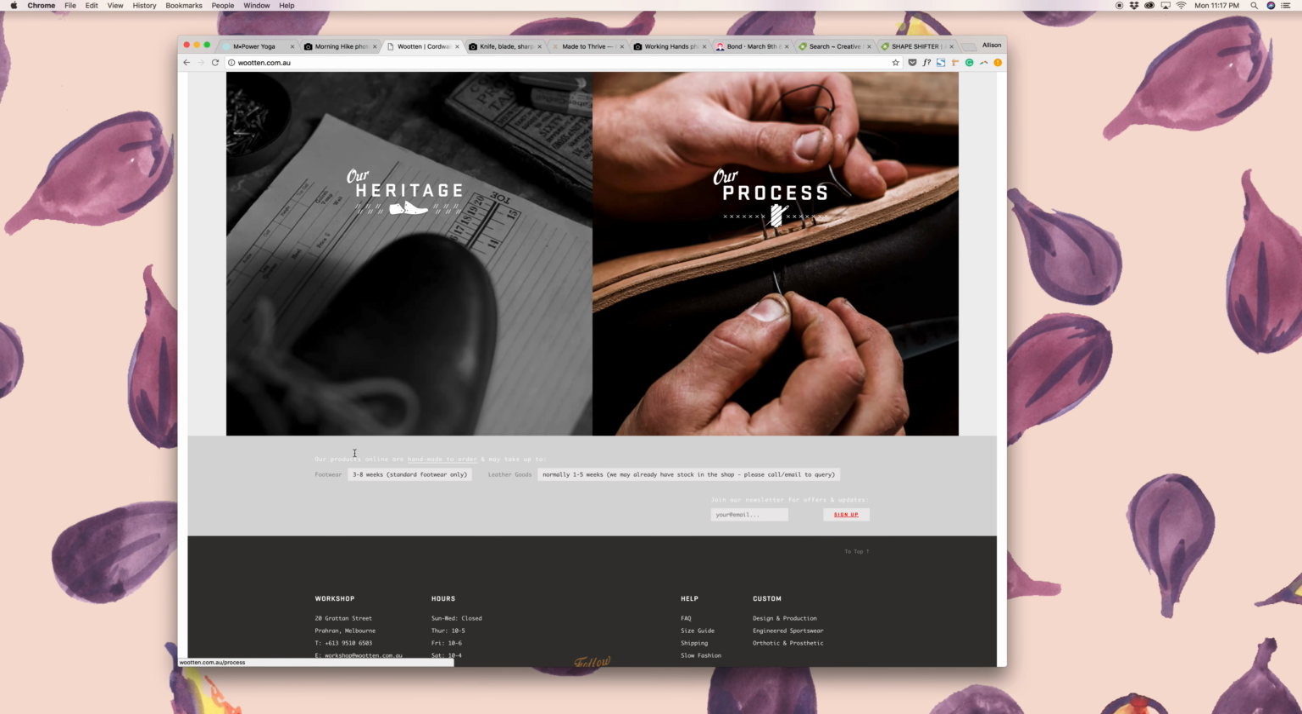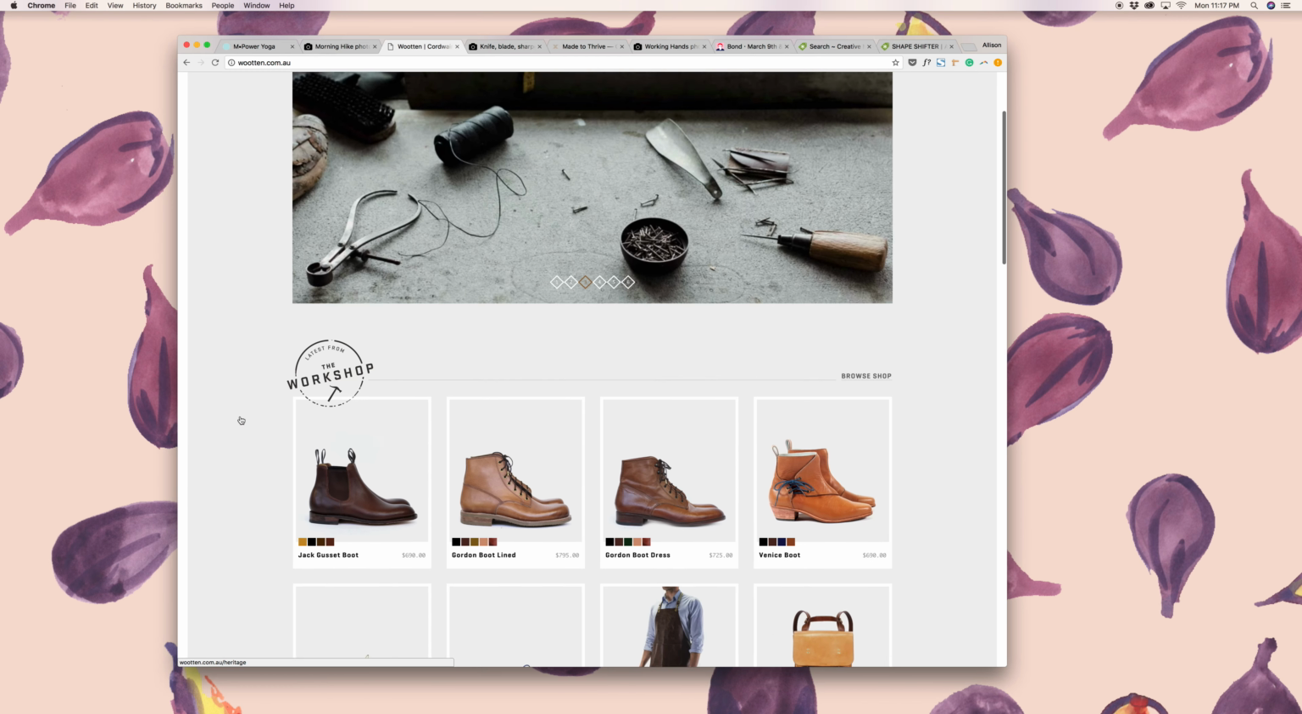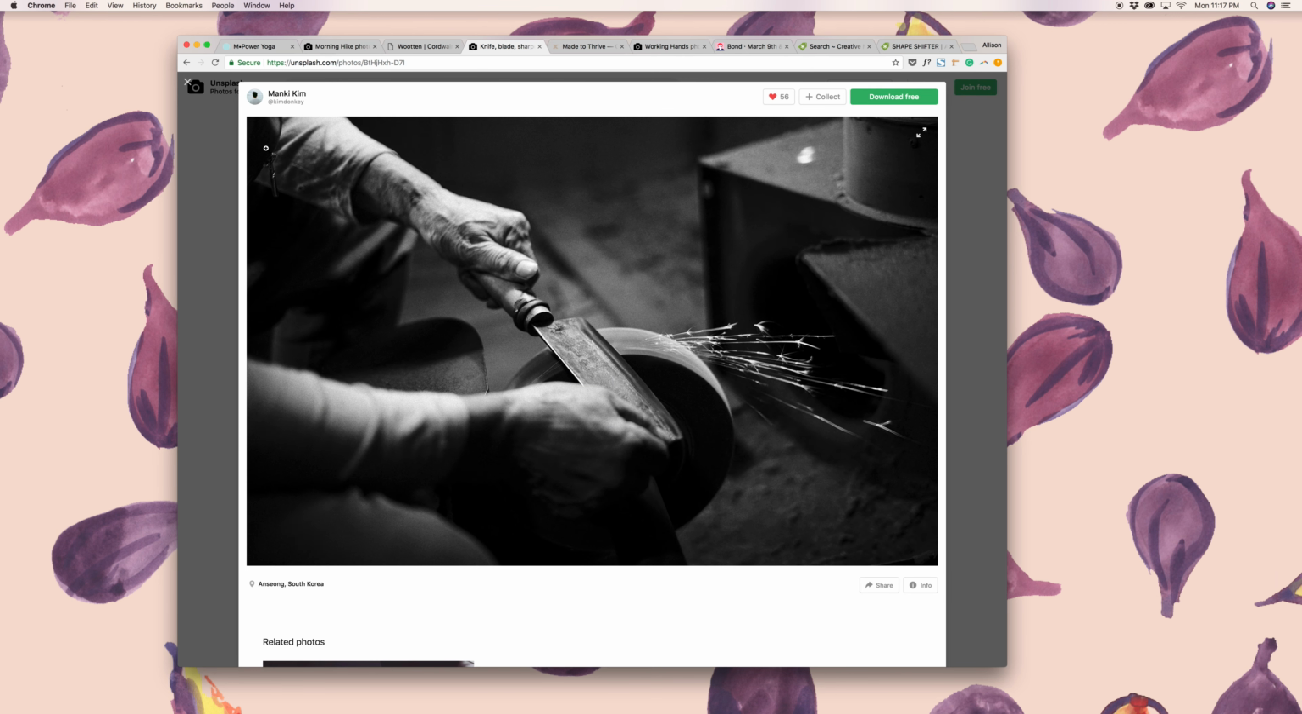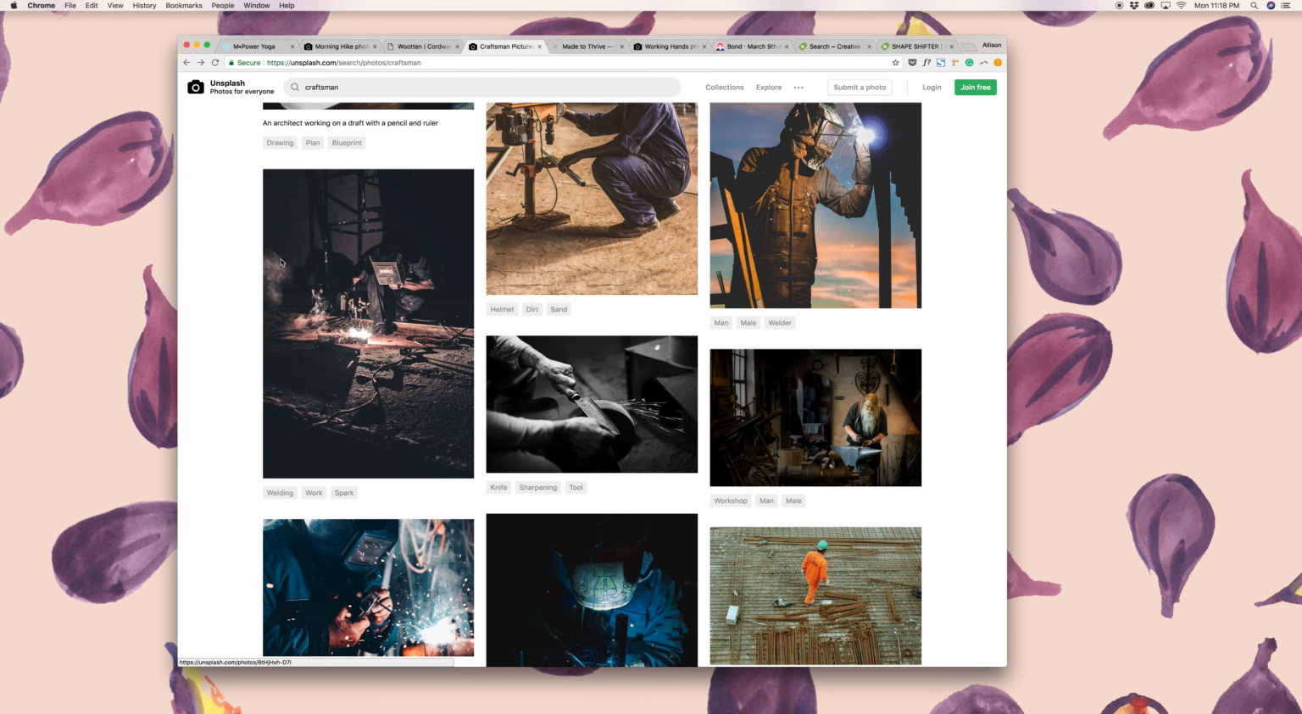They're really not calling out one specific person, so it's a lot of these close-up photos. I even searched some similar terms. I think I searched craftsman. And you can see here, this was probably the most unique, but not specific-on-the-person photo